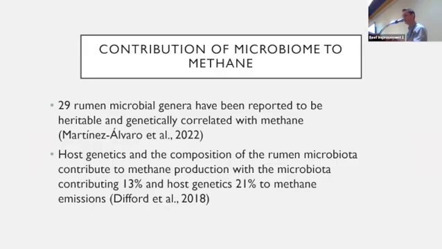And then in 2018, different than others, differences in methane production were attributed 13% to the microbiome and 21% to host genetics. So it is both of these sources of information together contributing to the differences that we see in methane output of animals. Now, the tricky part, which I'll get into a bit later, is these two things are not orthogonal, right? Given that the host also selects through additive genetics for what the microbial composition is, these aren't two independent